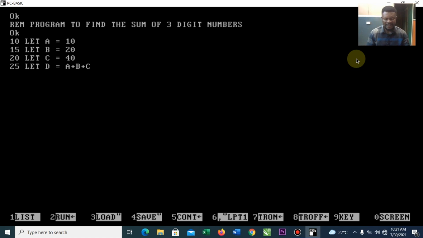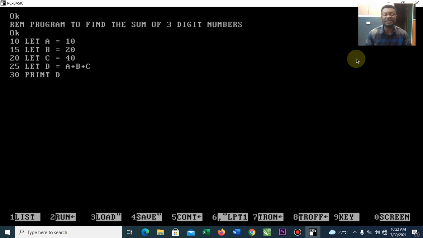Then line 30, you say print D, because you have assigned A plus B plus C to letter D. So you are telling the computer to print D, which means it should calculate and print out the summation of A plus B plus C, which has been assigned to D. Press the enter key.